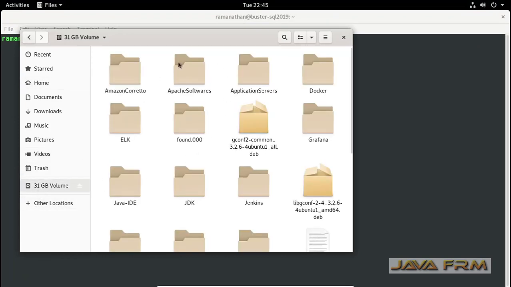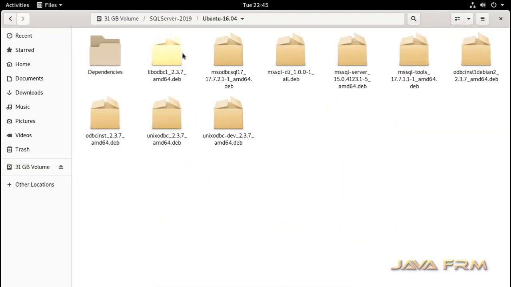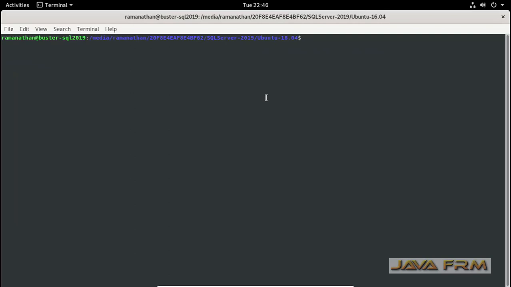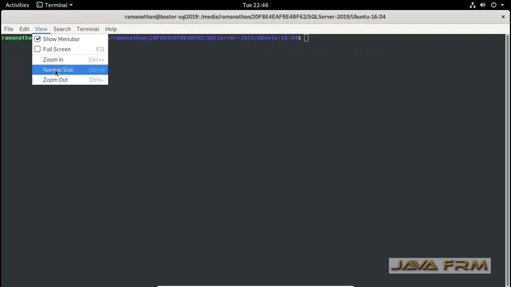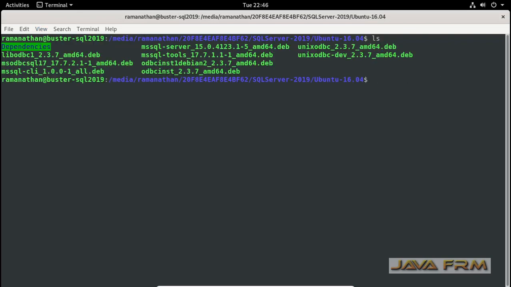Okay, now let me go to the directory where I have downloaded the packages for SQL Server 2019. This is the directory where I have downloaded the Debian packages. These are all Ubuntu 16.04 Debian packages. These packages are 100% compatible with Debian 10.